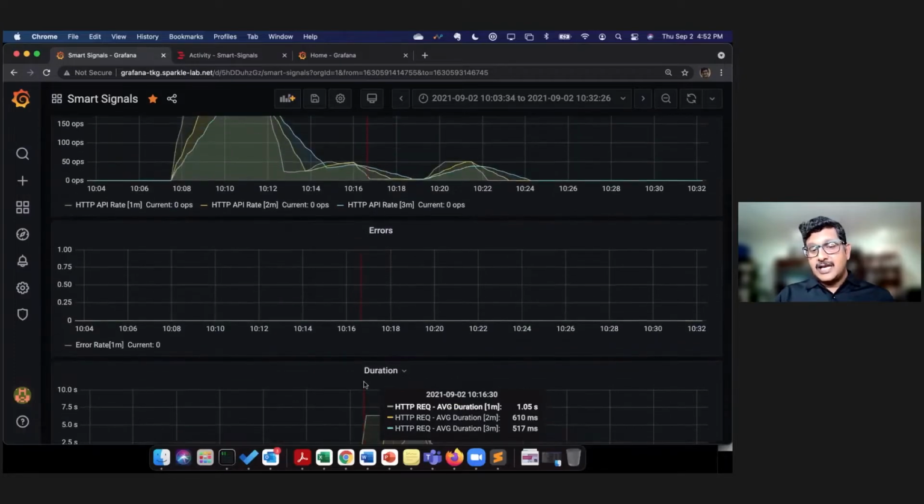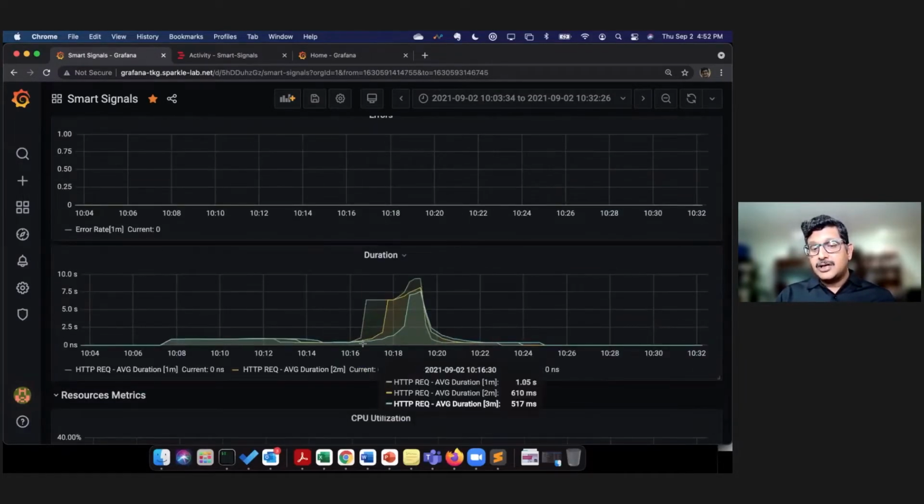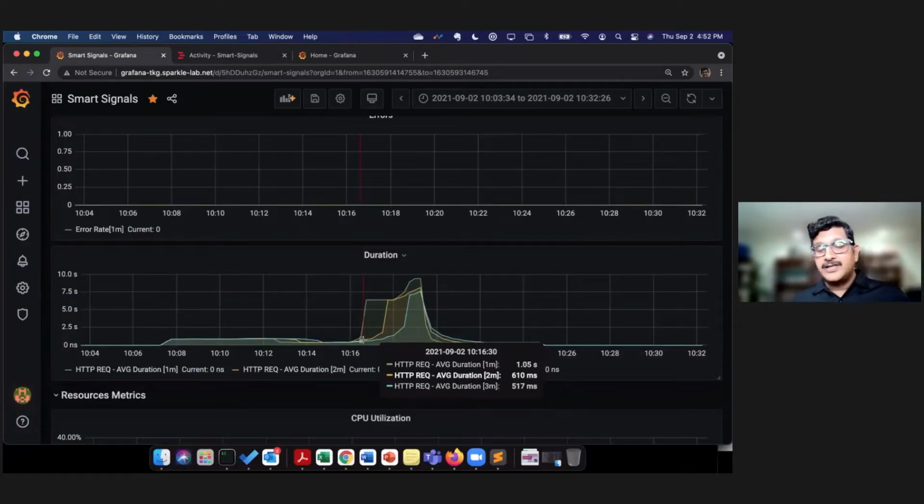But at this time, if you look at the vertical red line, there are not enough request rates, but still we see a longer duration. That means one of the dependent services is misbehaving, probably due to a technical issue. Now we do observe that. As we see, it sustains the duration for a longer period of time.